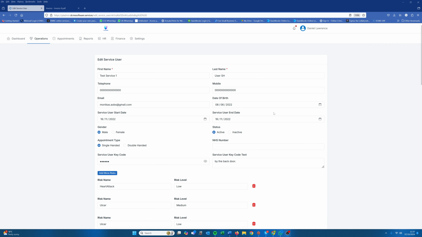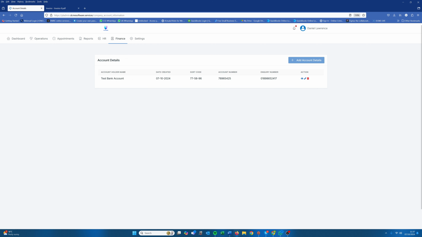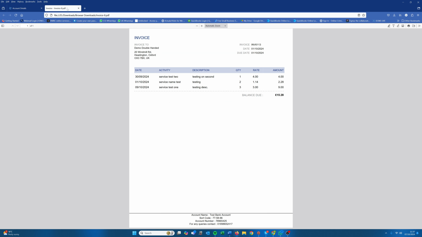So to complement the app updates, we've also made some changes to the admin console. The first change is we now have input fields for your key code and the information on where the key safe is located. We've also made a change to the invoicing, so you can now add your bank details. These will show at the bottom of the